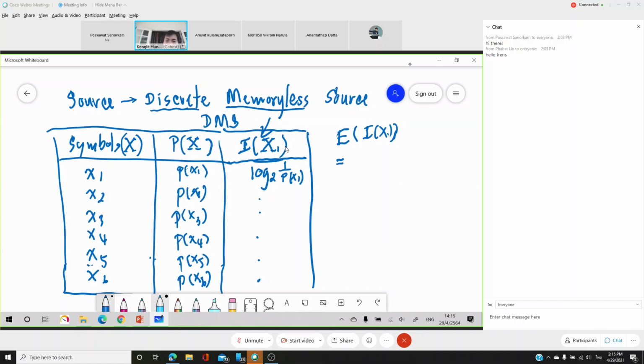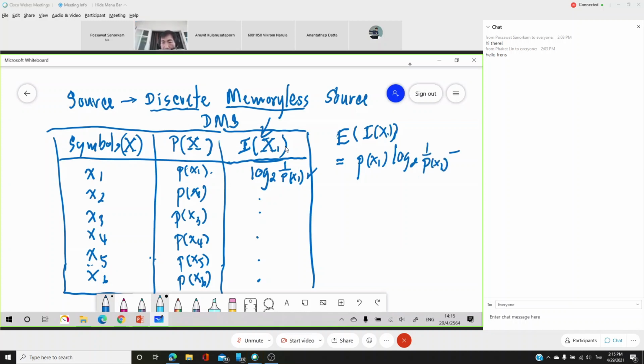You just multiply the self-information with probability, and then you add everything up. So we would have p(x1) multiplied by log 2 of 1 over p(x1)